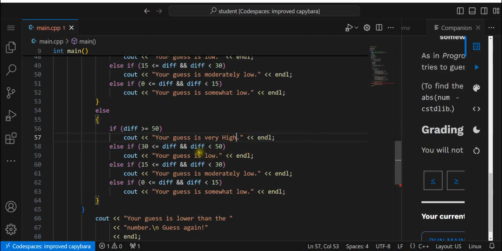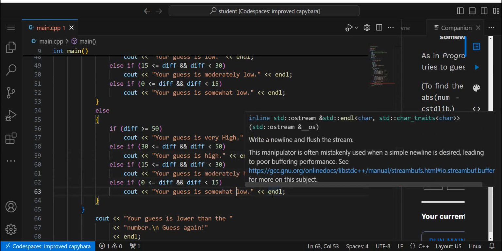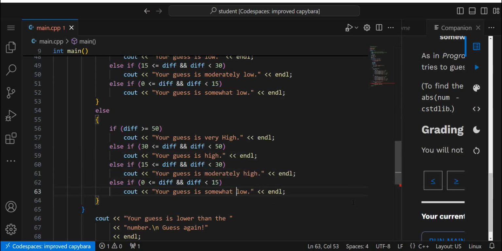Alright, so if you're off that much, got it. So let's go high. So we're going to do this time, we're going that way. Yeah, that's right. High. Moderately high. So I copied and pasted those else statements and else if statements and if statement and changed the